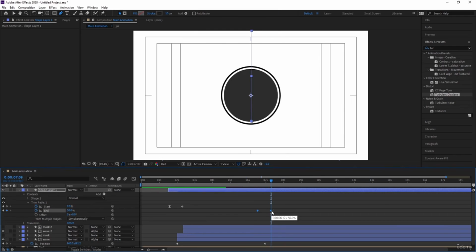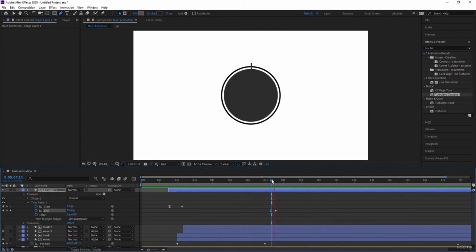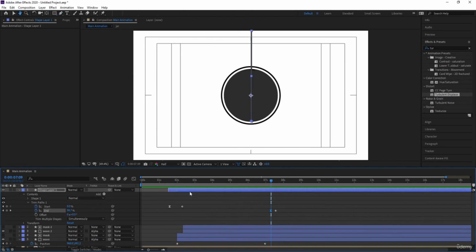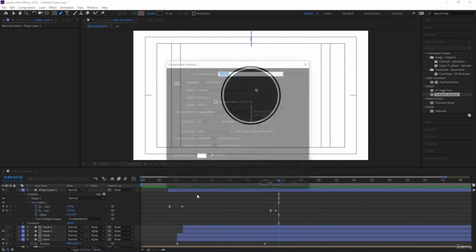So I'll select this and I'll move this over here. Okay, select this last keyframe and we will hit F9, or select this first keyframe and we will hit F9. Let's move this a little bit over here. Okay, so if you see this now, we will get this like this. Now we need a splash animation, so I'll hit Control N and I'll call